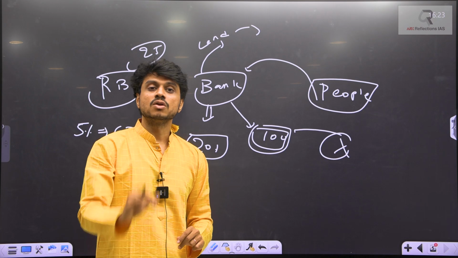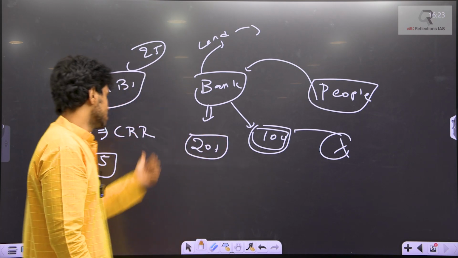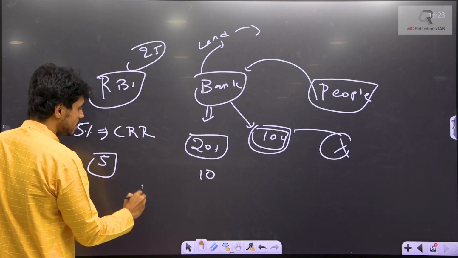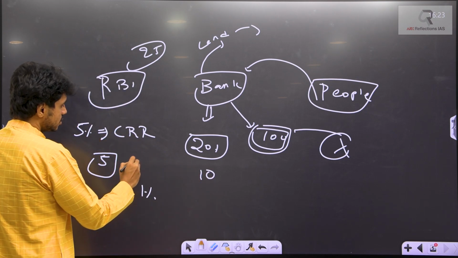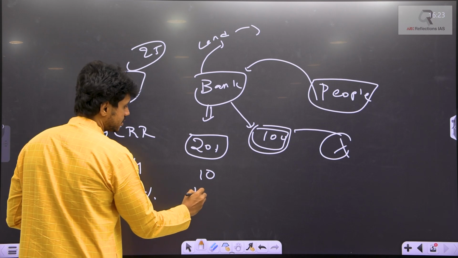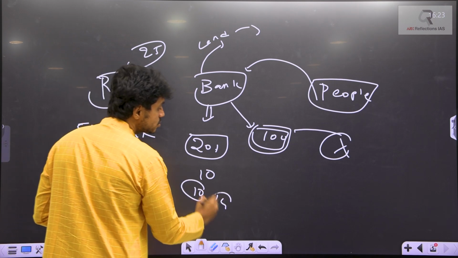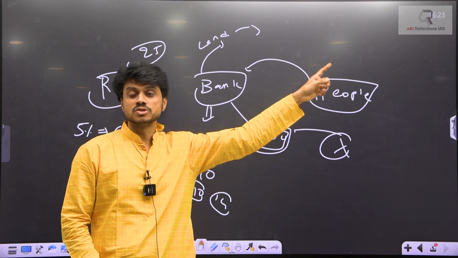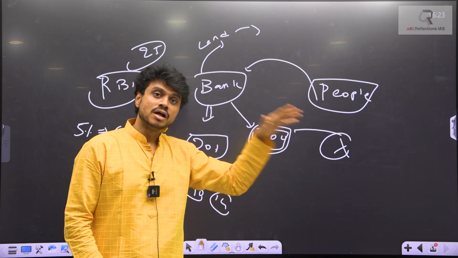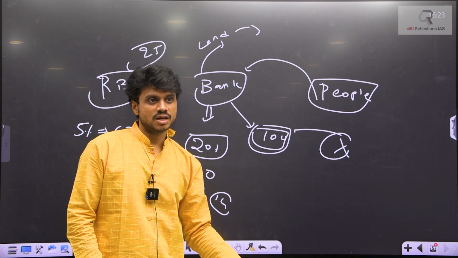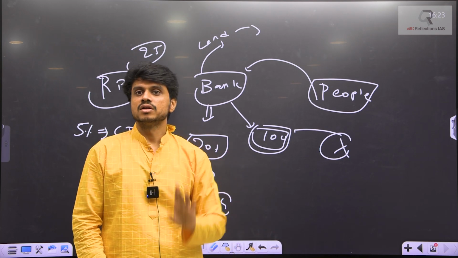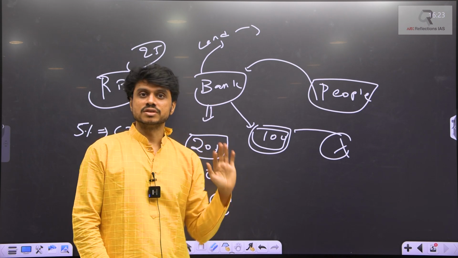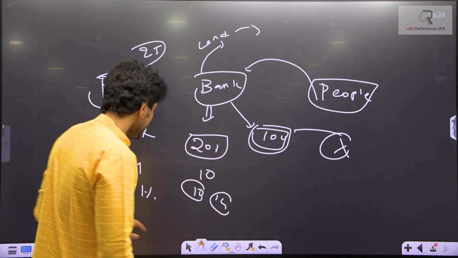Now if the RBI reduces the SLR to 10%, and the CRR is made 1%, now see here, this is 4 and here 10 rupees, total 14 rupees more banks can lend to other persons. So is this clear? If I am reducing the SLR and the CRR, more money in the system, okay, this can increase the growth. This is one thing. Second thing,